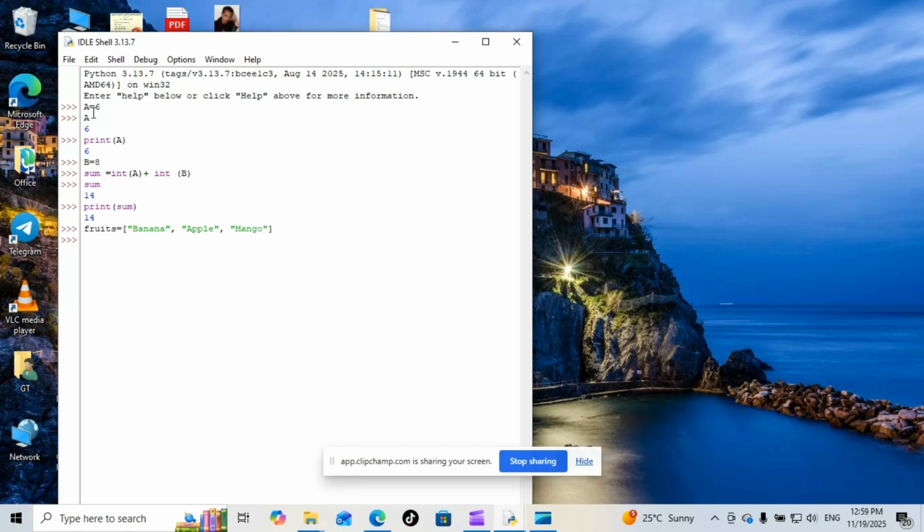So here we can see fruits. I say this one. Or we can say for i in fruits, then print i in this manner. We can display, or we can say